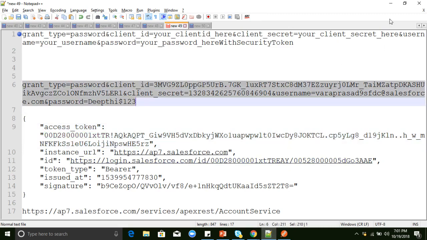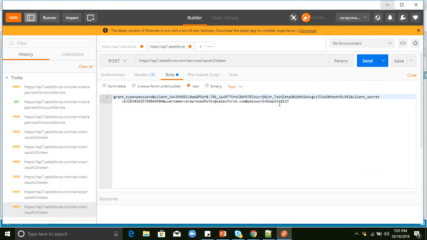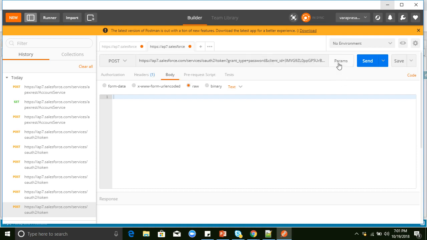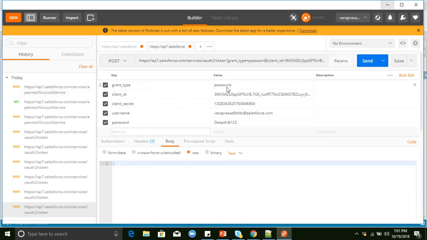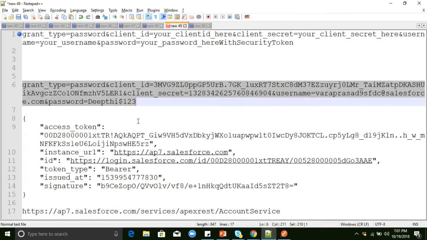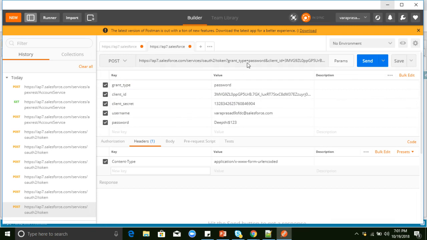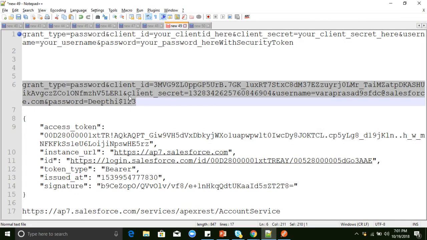Previously we added this in the body, right? So we will remove the body now. Directly we can enter it here. We can pass parameters to that class. Click on params, and you can see whatever we have passed, all those details are available here: grant type equal to password, client ID, client secret, username, password. We just need to add a question mark and pass this grant type here. So now there is no need to pass any body, we just need to enter the headers and add the URL parameters directly, whatever we had created in the request body.